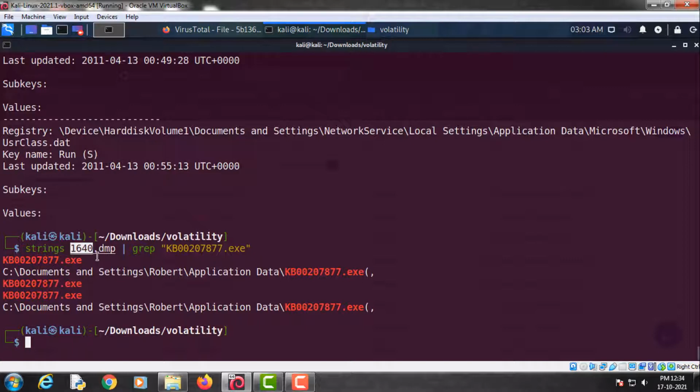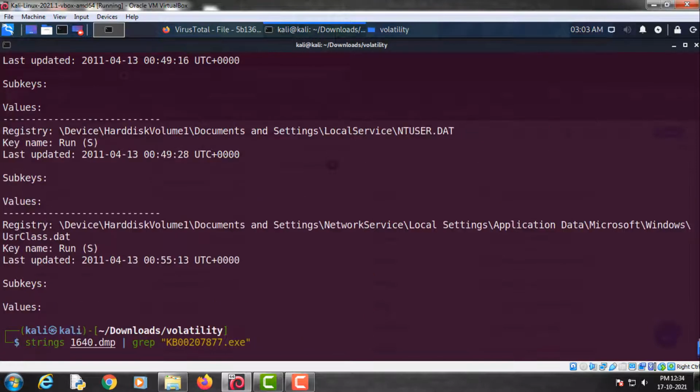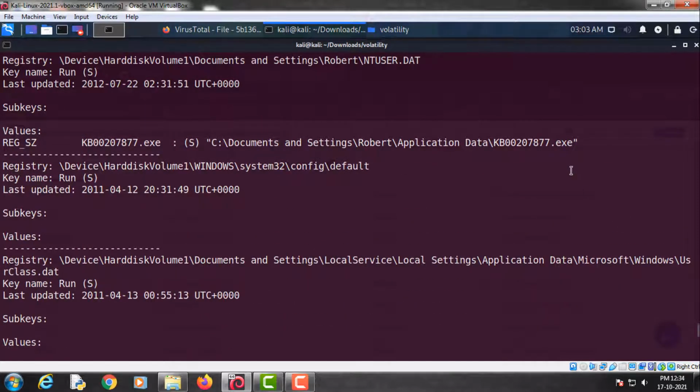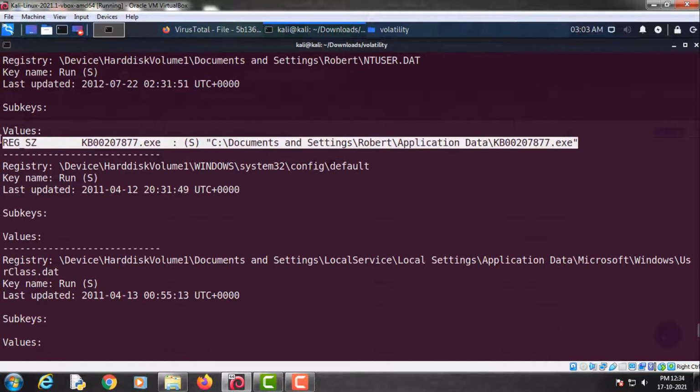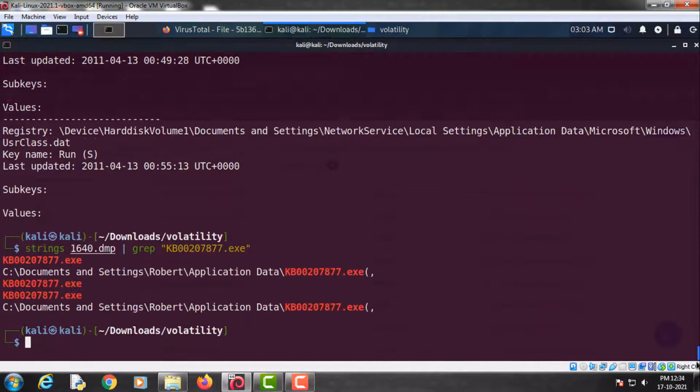So now we can go to this location and delete this malicious exe file in order to remove this malicious program from our system. This is how you can use this Volatility Kali Linux tool to find out malicious programs running on your system.